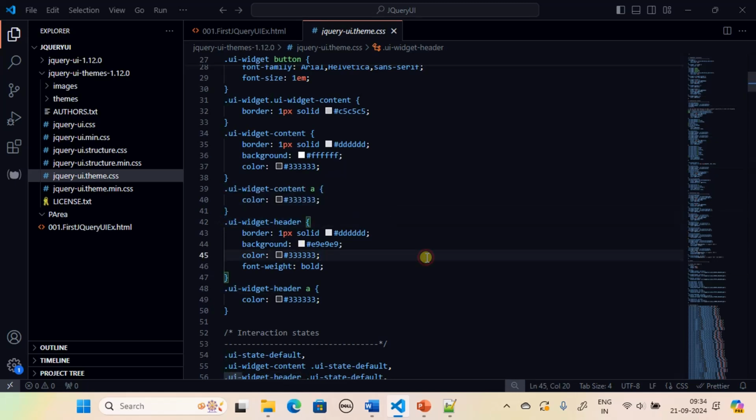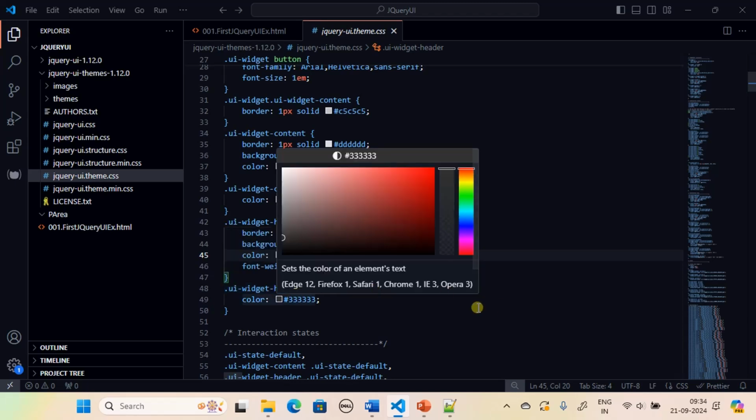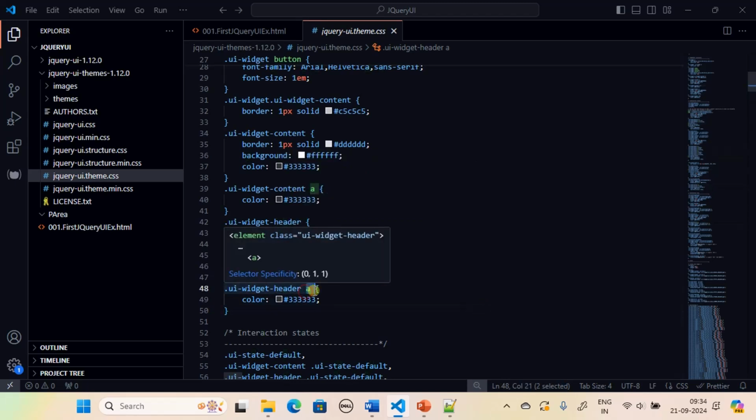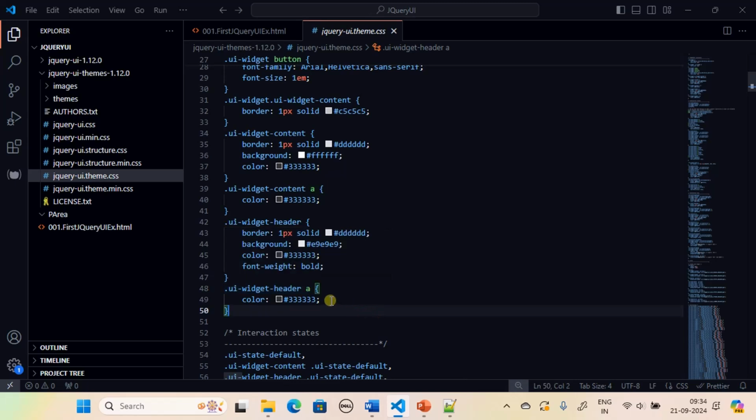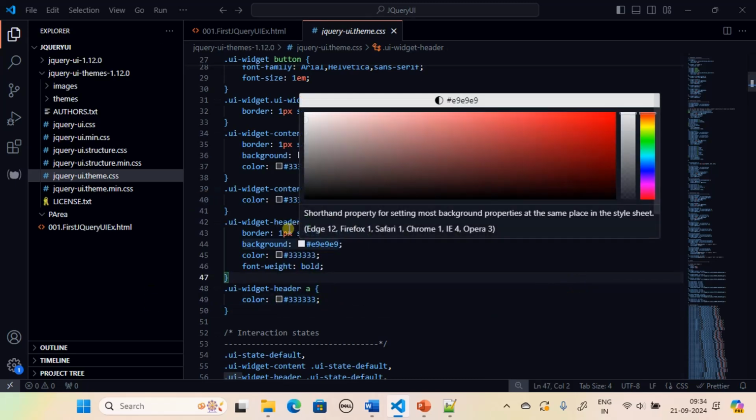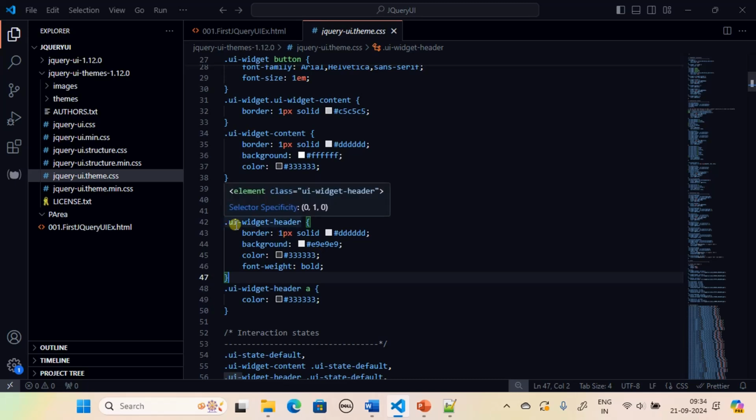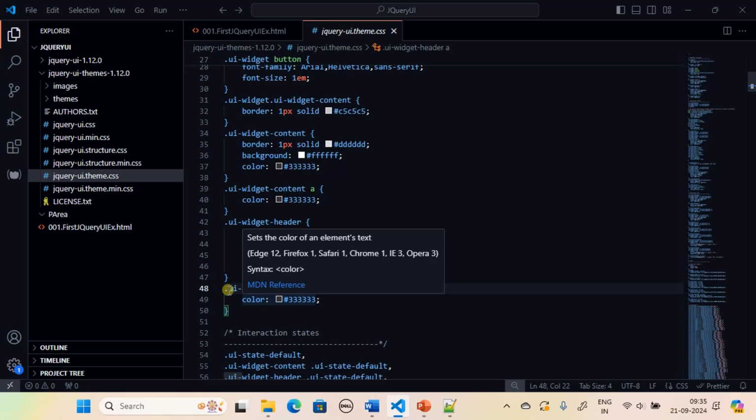These are all the CSS selection rules, and this one states that any element having the ui-widget-header class and that contains an anchor, inside the header for the anchor, define the color. So this is some kind of gray color, right? So here, let's pick one thing, ui-widget-header a,